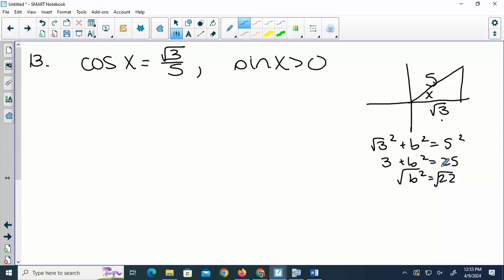Square root, that does not reduce. We just get the square root of 22. So I asked you to find sine and cosine of 2x. So sine 2x, there is only one formula for it. It is,